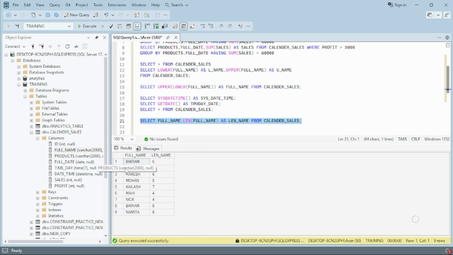For an example, here you can see 1, 2, 3, 4, 5, 6. So it is saying you are having a 6-length name. So for Namita it is 6, NAMITA; Rakesh is 6; Mohan is 5, MOHAN; Ella is 7; Mahi is 4. Like that, it will calculate the length of the value available in a column. So to see the length of the value available in a column, at that time we are using the length